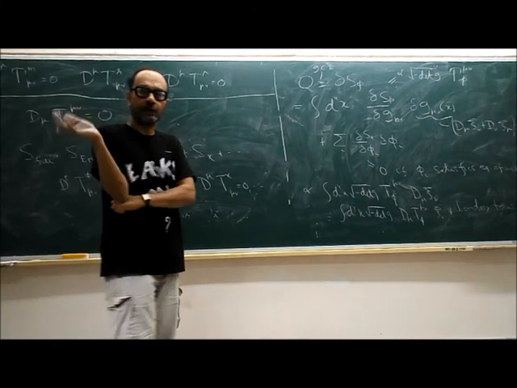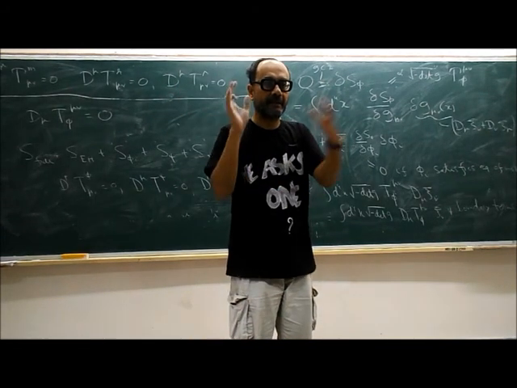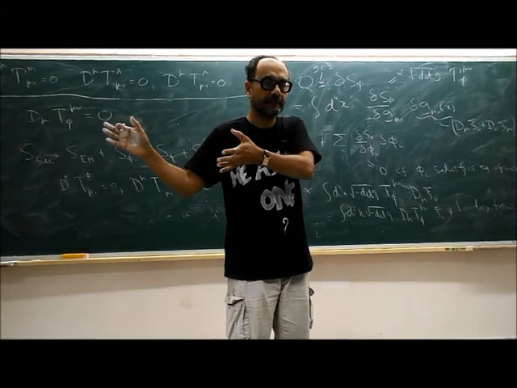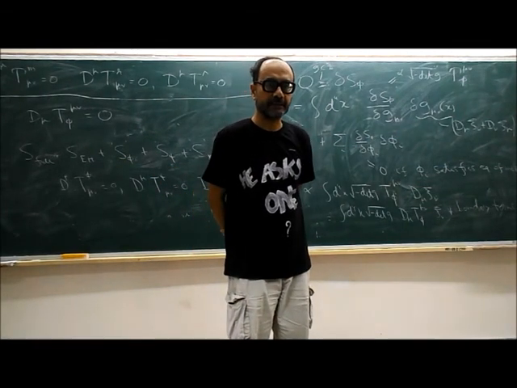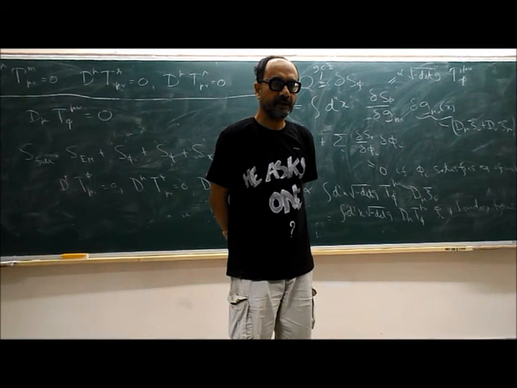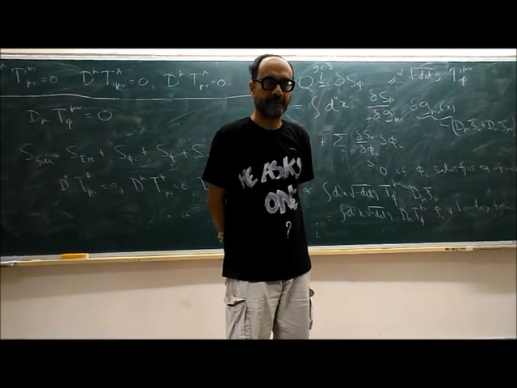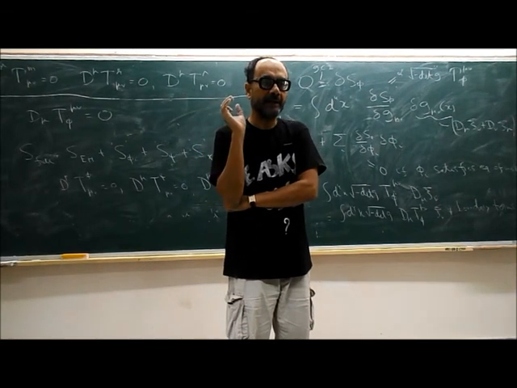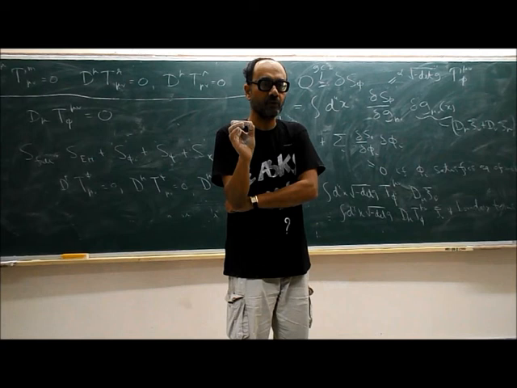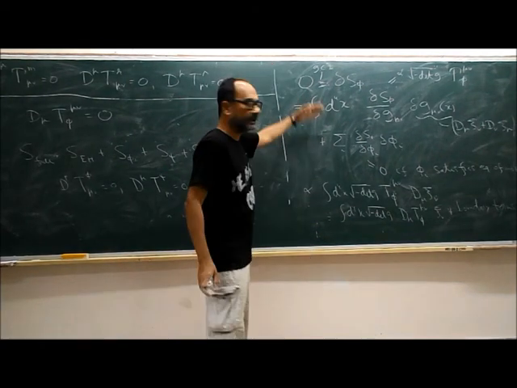But if matter is not charged, then the total action contains the Einstein-Hilbert term plus the matter action plus the radiation action, plus this cosmological constant lambda term. So that's an assumption. You'll be working on that assumption, and under that assumption it is valid to use the fact that individual T mu nus are conserved. That's what this is showing.